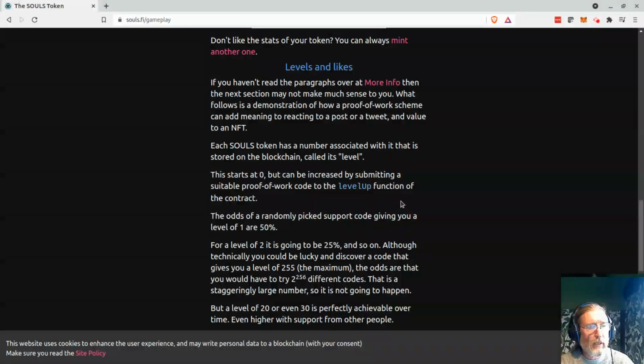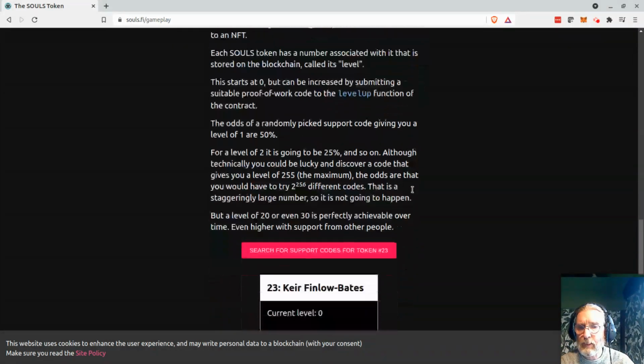So theoretically, your token could have a level of 256 bits if you found the perfect string to submit to the level up function. But the odds of you finding that perfect string are 1 in 2 to the power of 256. So completely unlikely to have a 256 level token. However, a 5 or 10 level token is actually fairly easy, and I'll demonstrate that now.